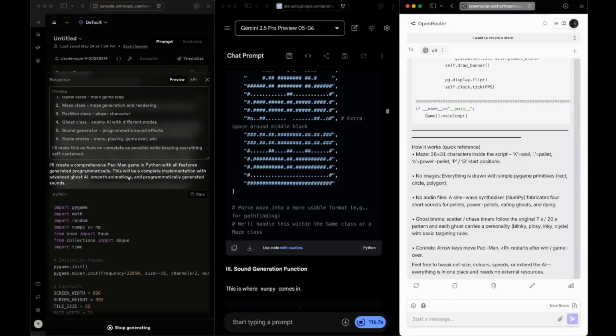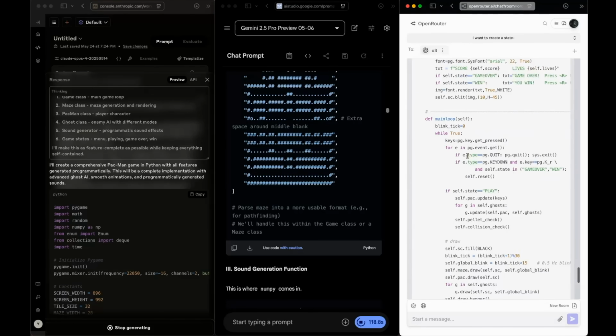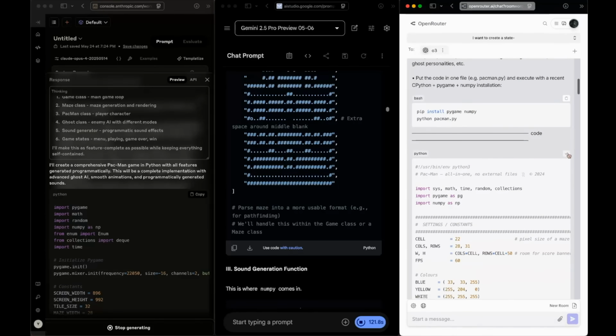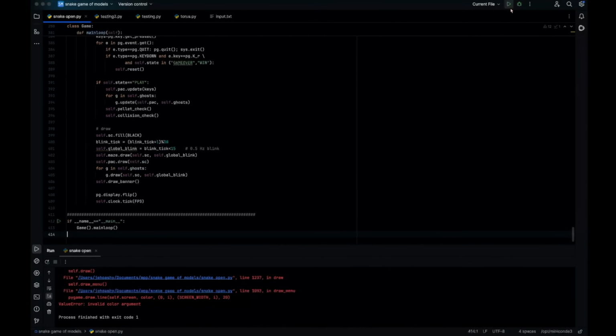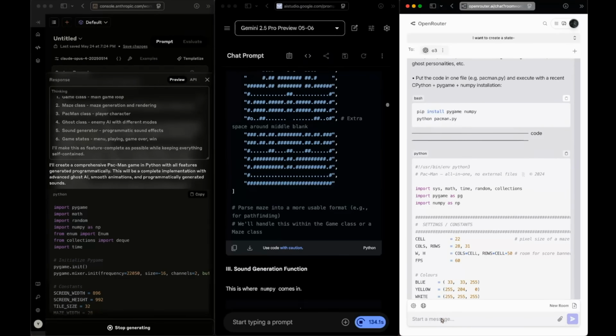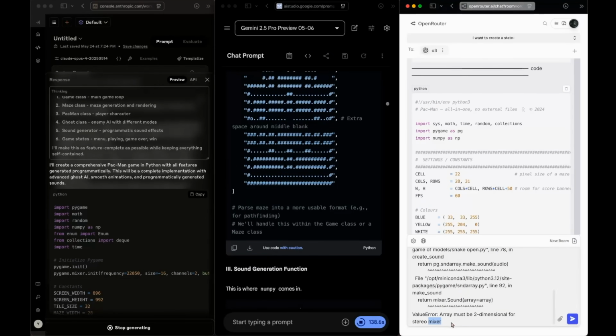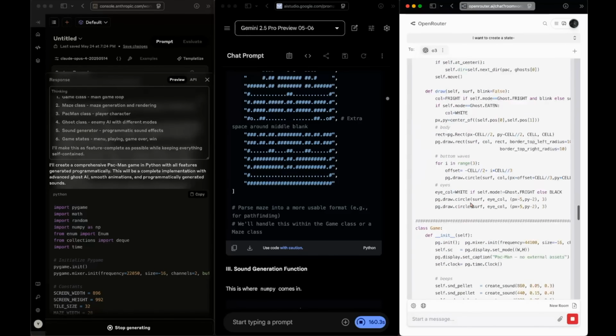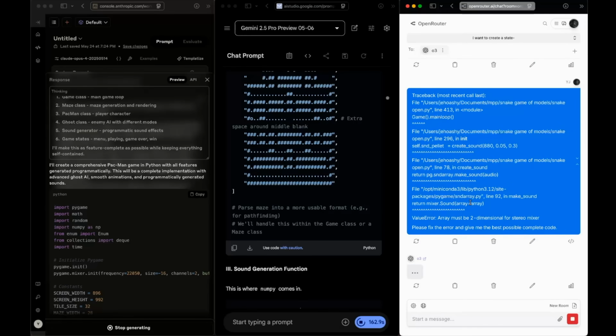Okay everyone, Gemini 2.5 Pro and Claude 4 Opus are still generating, but OpenAI O3 is done. So we'll copy the code, paste that and run it. Okay, we have a two-dimensional stereo mixer error. We'll mention that there's no need for audio, mention this error and say, please fix the error and give me the best possible complete code. You can see, guys, we are moving to harder questions, so they need multiple responses to actually give us a